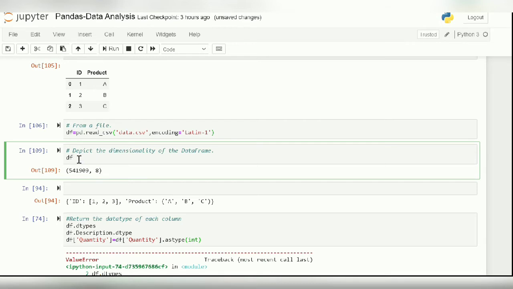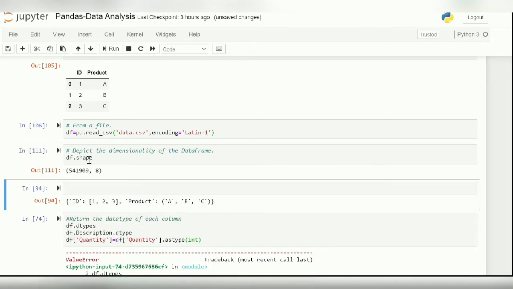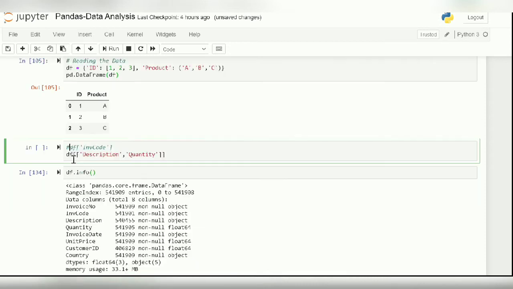As you can see, this consists of 8 columns, and there are multiple rows inside it.